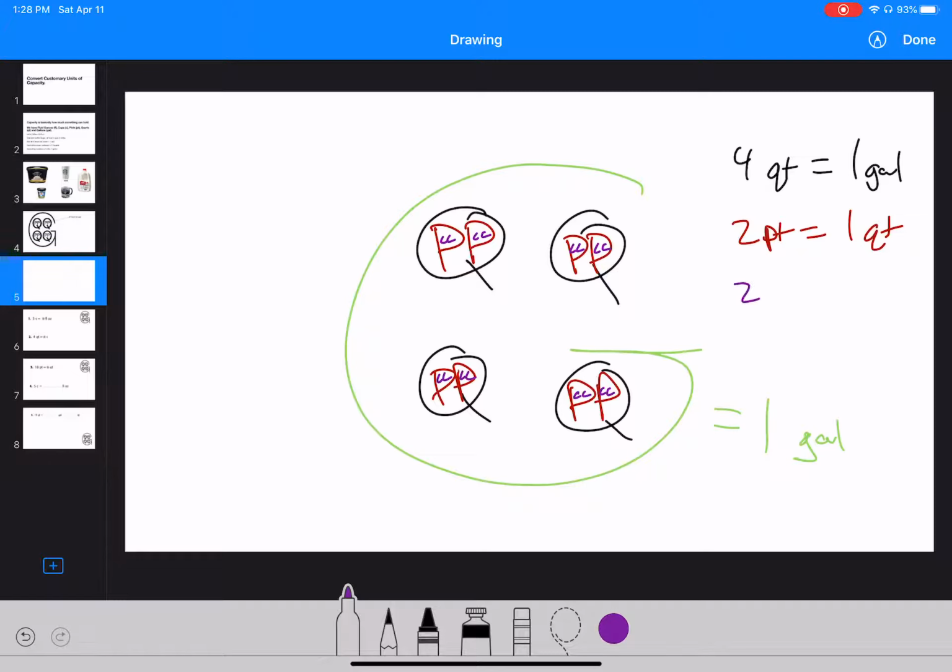So there's 2 cups in 1 pint. And then we're not going to be able to fit it in there, but then 1 cup equals 8 fluid ounces. Now you might be thinking, well, this is kind of handy and useful, but it can do more than just this. If you think about it, if we ask the question, how many cups